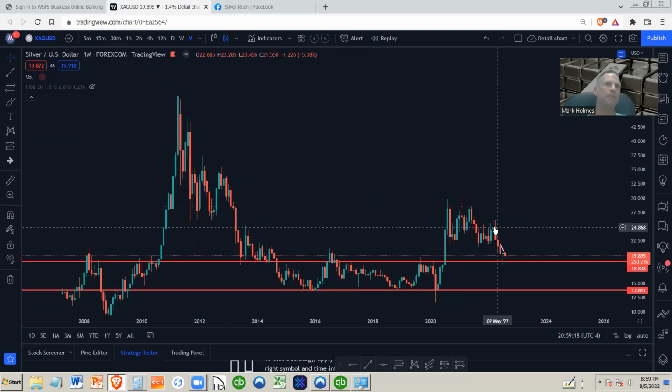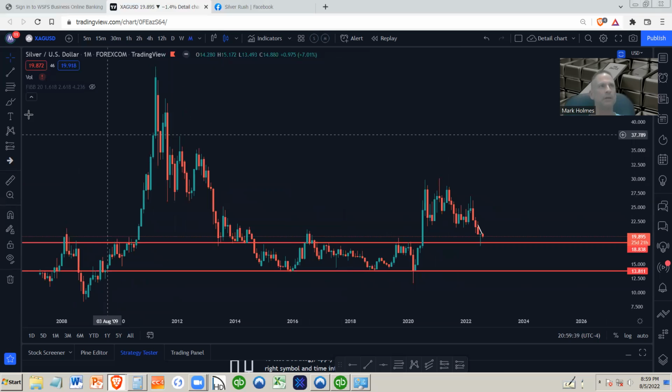In the industry, we call this a cup and handle pattern. I really don't like cup and handle patterns with a lower high on the right side. So you've got a high here and then a lower high here,